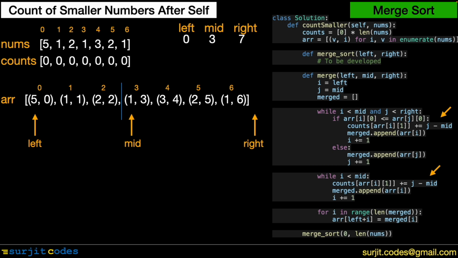The logic behind these two new statements is as follows. During merging of the two partitions, whenever an element of left partition crosses an element of right partition, it means that it had a smaller element present on its right. In such a case, we increase its count by 1 for each element it crosses. We start with